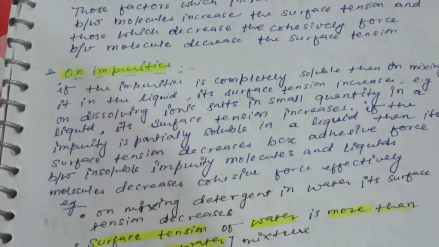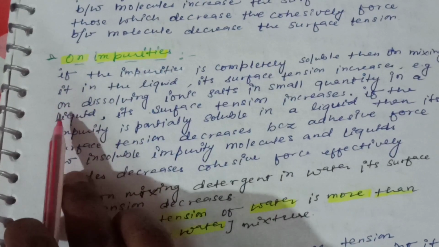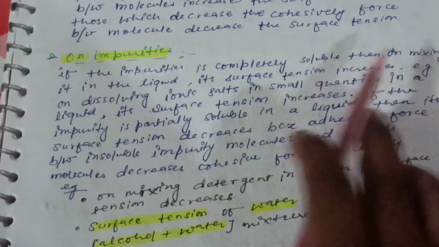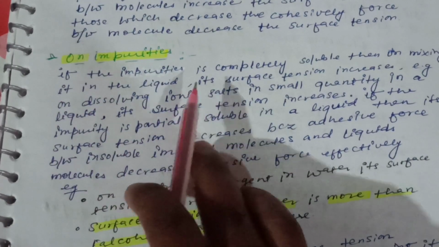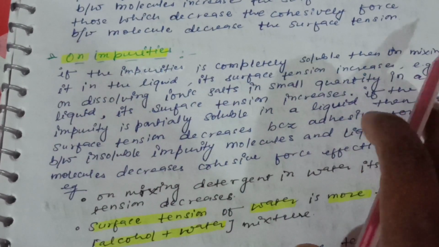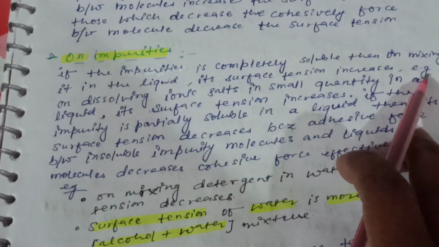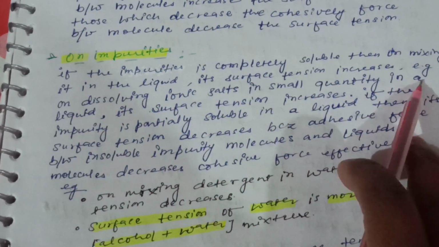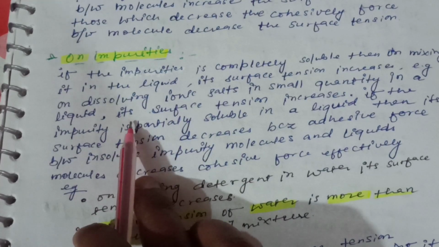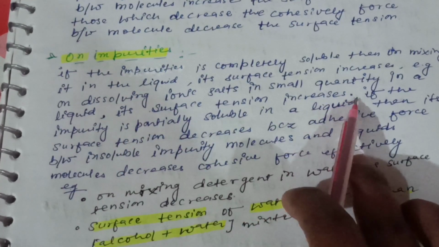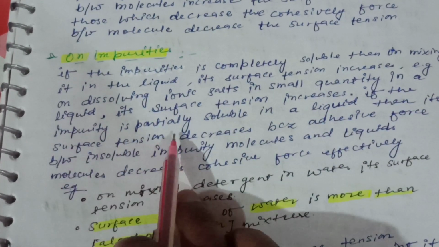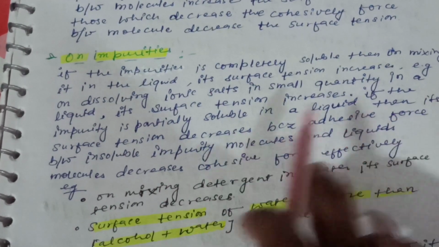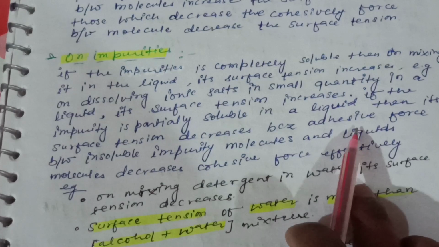On impurities: if the impurity is completely soluble, then on mixing it in the liquid, its surface tension increases. For example, on dissolving ionic salts in a small quantity in a liquid, its surface tension increases. If the impurity is partially soluble in a liquid, then its surface tension decreases because the adhesive force